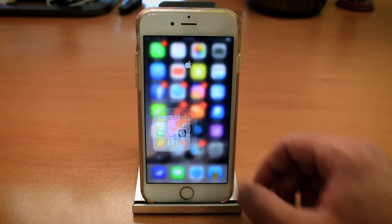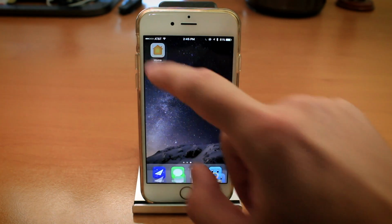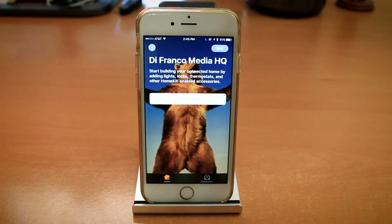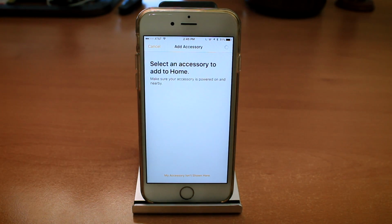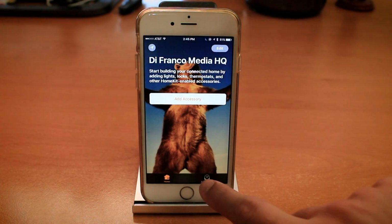Number 8, the Home app, powered by Apple HomeKit, could be a huge hit. Now, I say could be because unfortunately I don't have any accessories set up with my own Home app yet, but I hope to do that very soon with my Ring Video doorbell. But as of right now, I can definitely see a bright future for HomeKit,